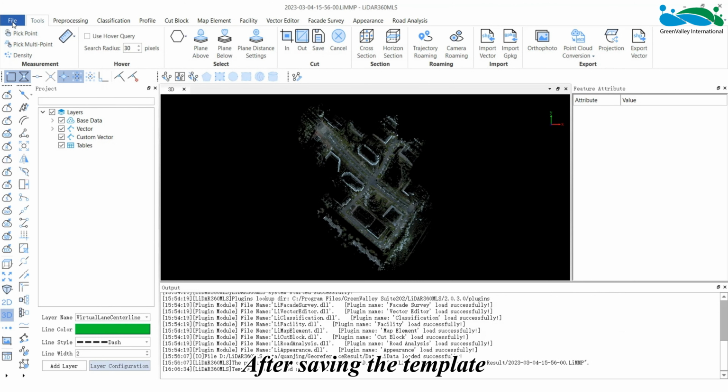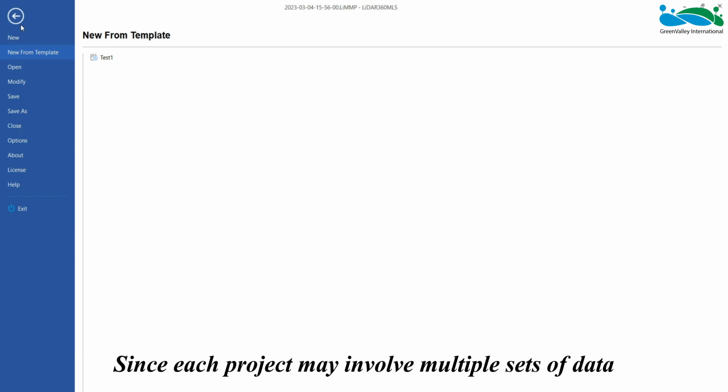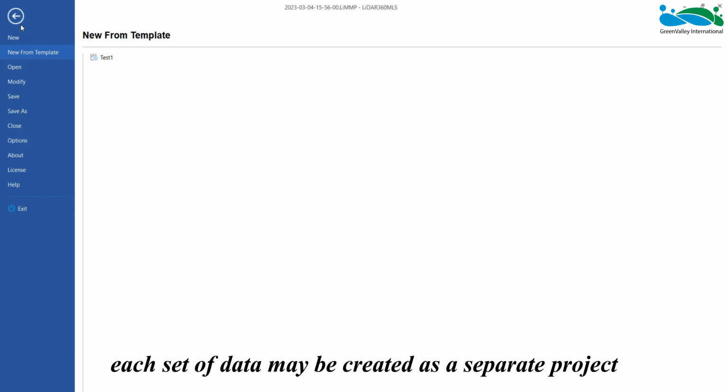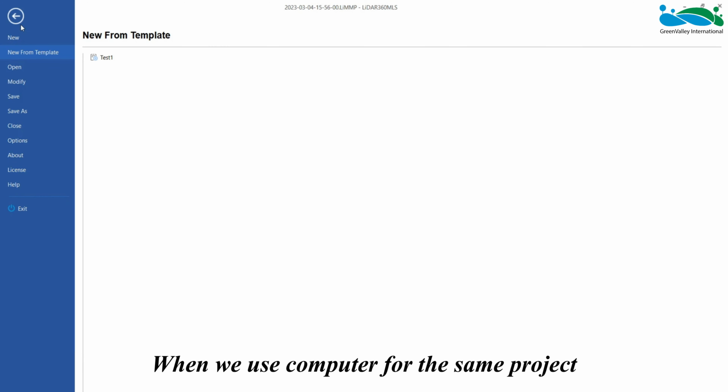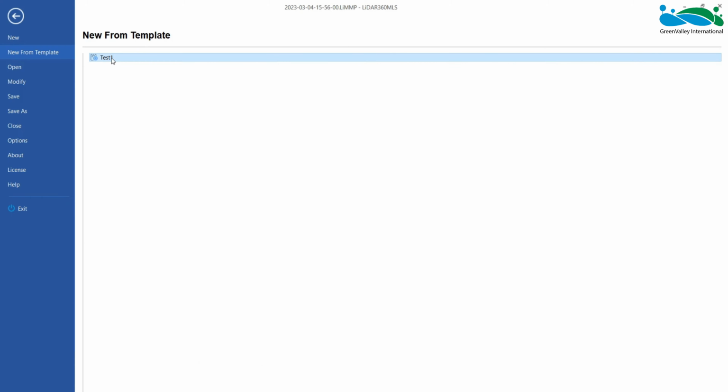After saving the template, we will see it in the New from Template list. Since each project may involve multiple sets of data, each set of data may be created as a separate project. When we work on the same project, we can directly click on the New from Template list.